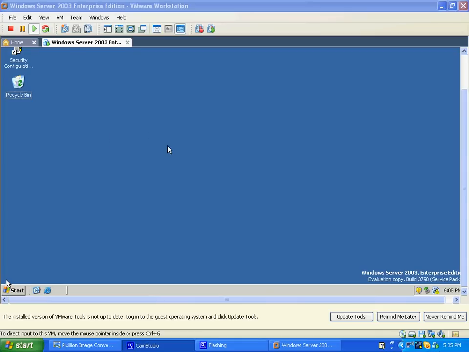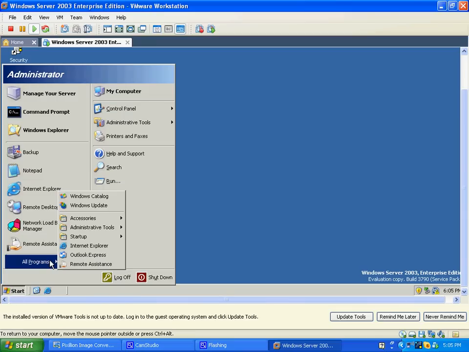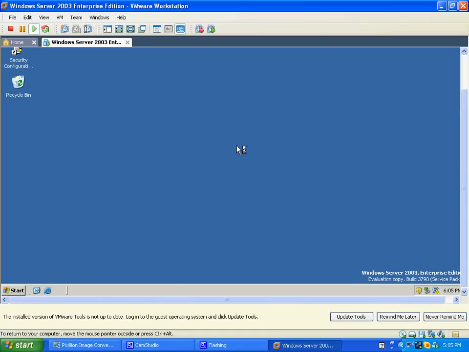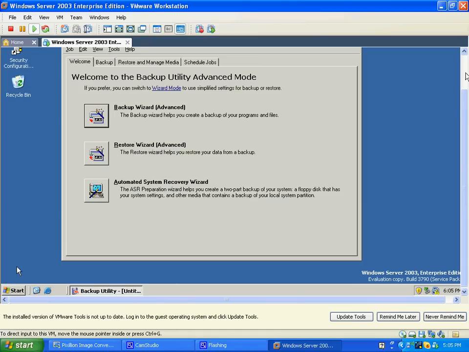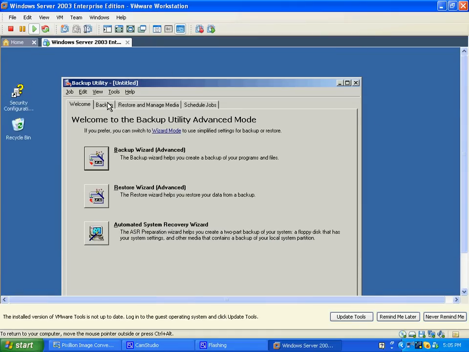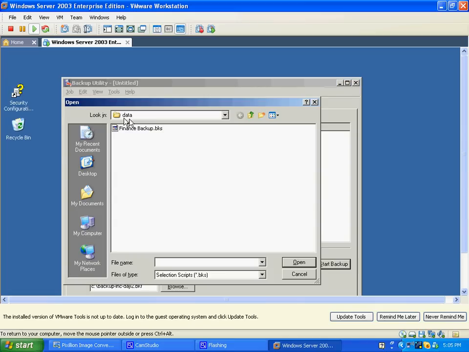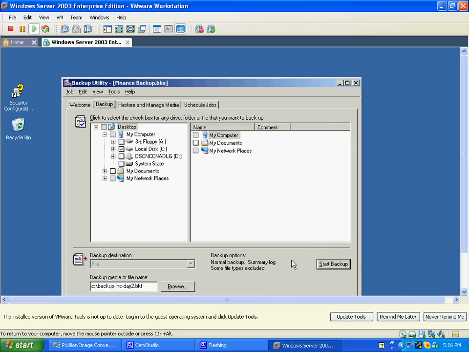Now, assuming this was the next day and we were going to perform another incremental backup, we just repeat the process. We go to Start, All Programs, Accessories, System Tools, Backup, Backup tab, Job, Load Selections, which is this guy right here,